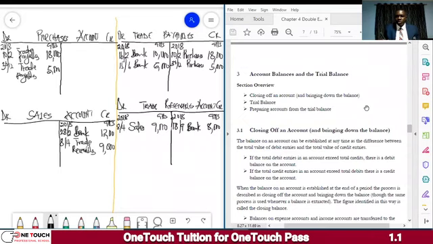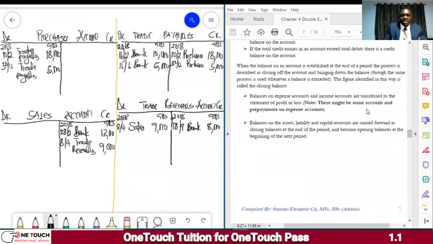As the difference between the total value of the debit entries and the total value of the credit entries. Okay, the balance on account. So if you look at this account, for example, there are transactions on the debit side of the account. There are transactions here. When you look at the trade payables, there are transactions on the debit side of the trade payable and there's a transaction on the credit side. Okay, good. So what we are saying here is that to